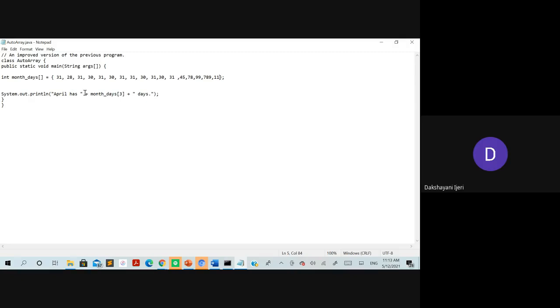Do not get confused that it is going to operate as an addition here, right? So here this is concatenation. That means the string April has will be concatenated with this value, 30, and again concatenated with another string, days. So together it is going to print as April has 30 days. Is it clear?